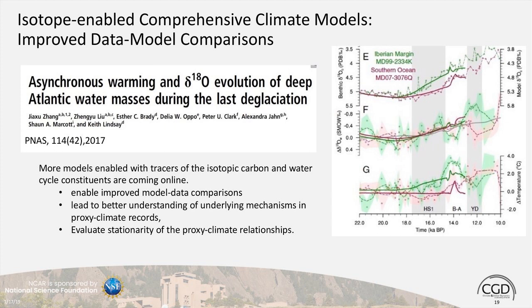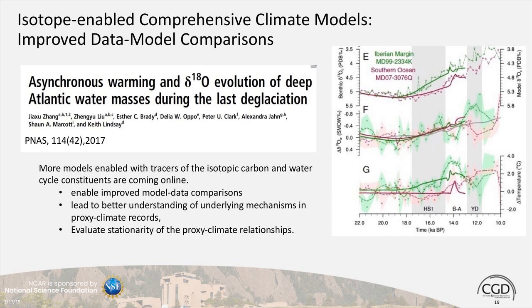And this is actually results from the isotope-enabled CESM ocean component that we developed initially, and now we have another version of the CESM, and we're working towards a version that we can run some PMIP extensions with an isotope-enabled CESM2, but we're not quite there yet with the CESM2.